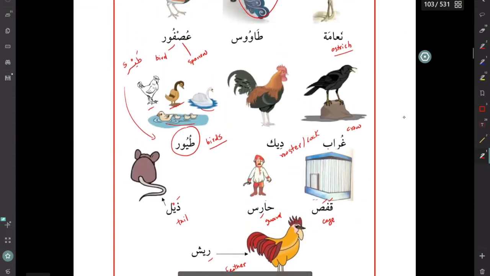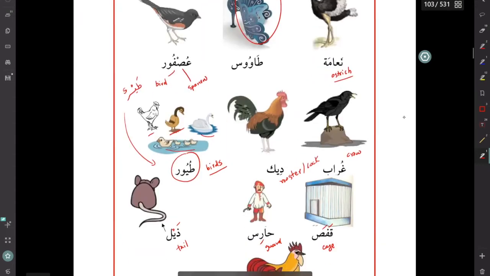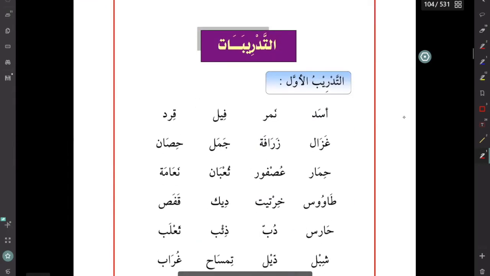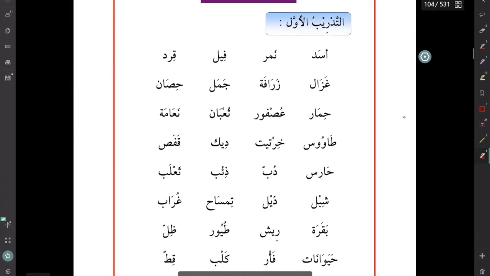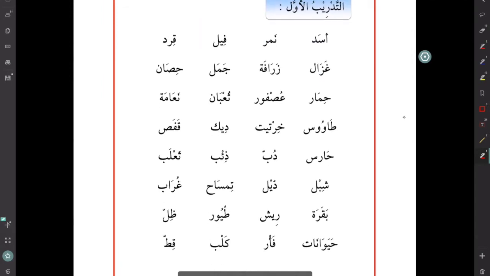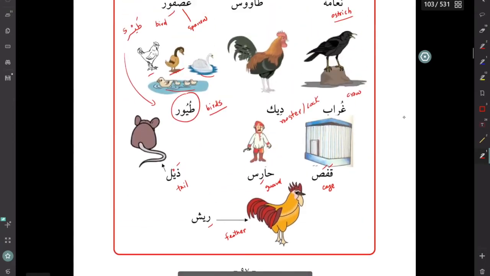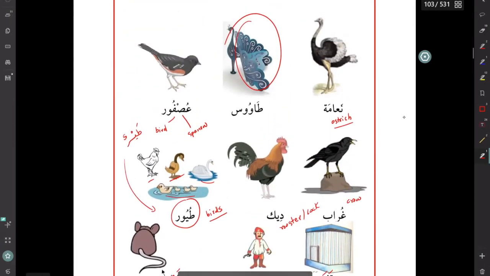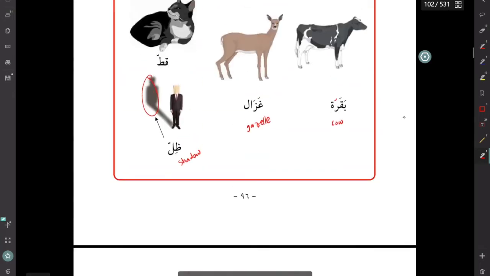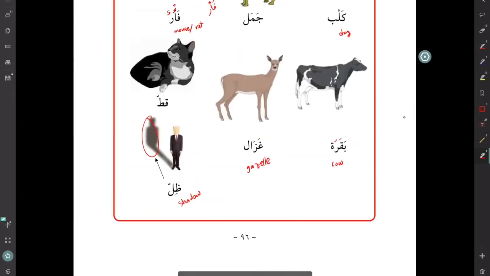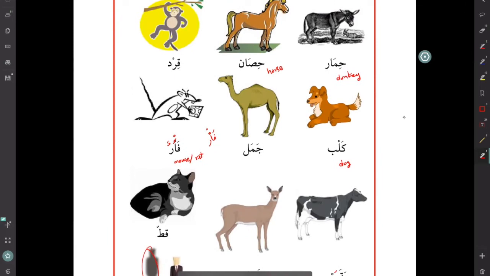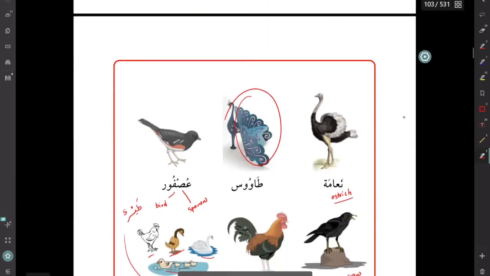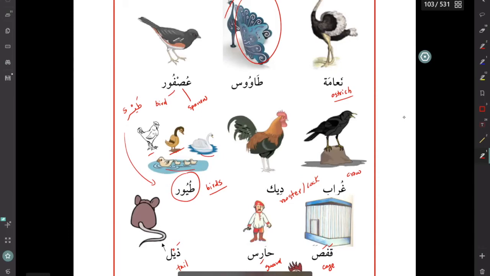Yeah, so it looks like these are all the words we have. So again, we have at-tadribat, at-tadrib al-awwal. The first exercise, as always, is what? Your vocabulary. So make sure you go through them. And even though you might feel like there are a lot of random animal words, why should you memorize them? Believe it or not, a lot of these words are already in the Quran. I mentioned a few of them. There are a lot more. And if you don't find them in the Quran, guess what? You'll find them in the Hadith. Okay, and you have to know, right? So try to memorize all of them, inshallah.